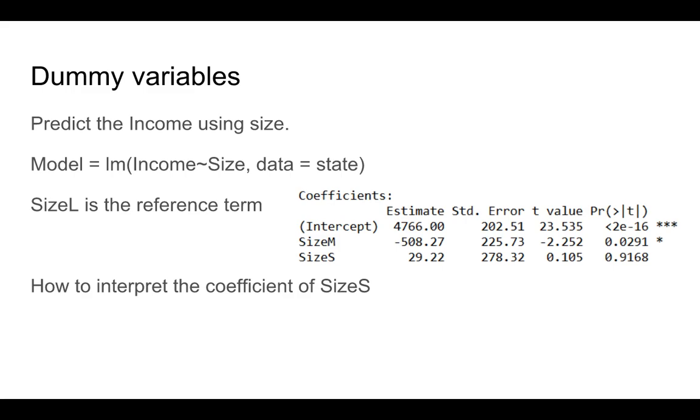Previously, some students asked a question. They had some problems when they built the model using something like state dollar income, tilde, state dollar size, and then did the prediction. So I suggest you just use this form: the name of the y variable, x variable, and comma, and data equals to the data set name. Right, so once you finish that,